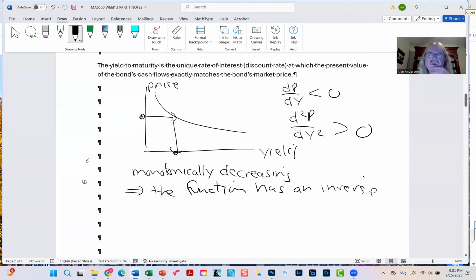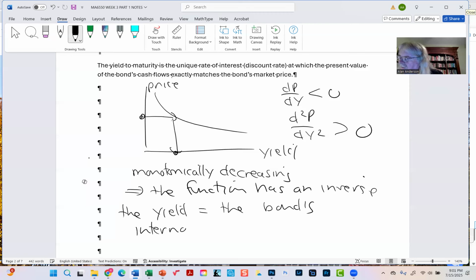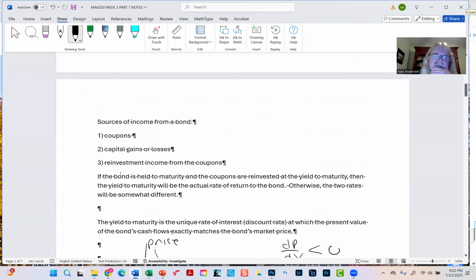If you've heard this phrase before in another class, the yield is sometimes known as the bond's internal rate of return. Now, the unfortunate reality is we don't have the ability to actually do the inverting ourselves. There are a lot of complications here, but basically in a nutshell, the yield and the price are related in the way you're seeing here. And we do know that there is an inverse. It exists because this function is monotonic. Okay. So anyway,